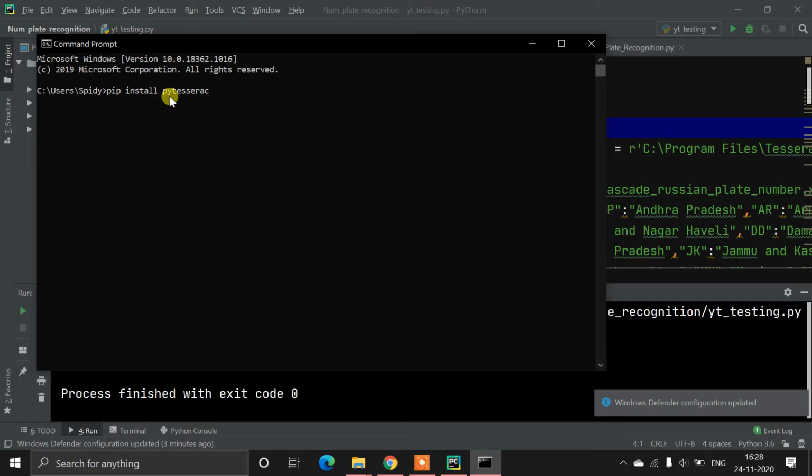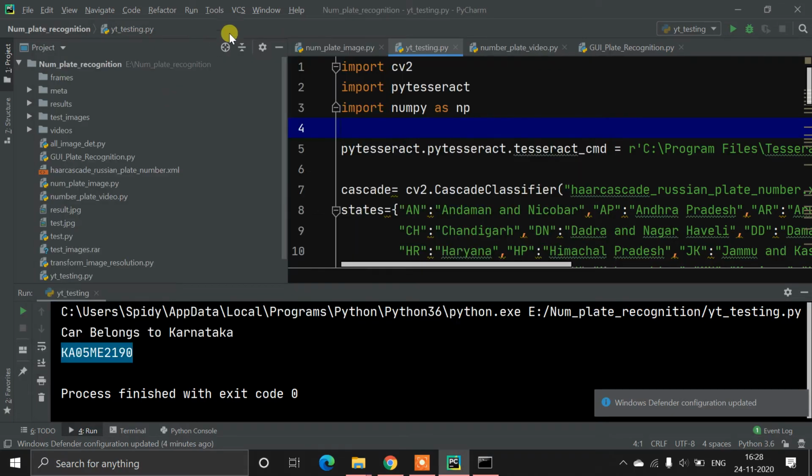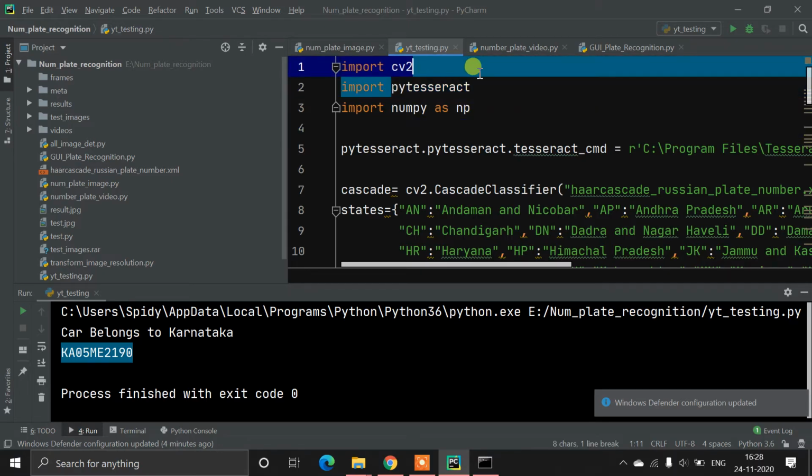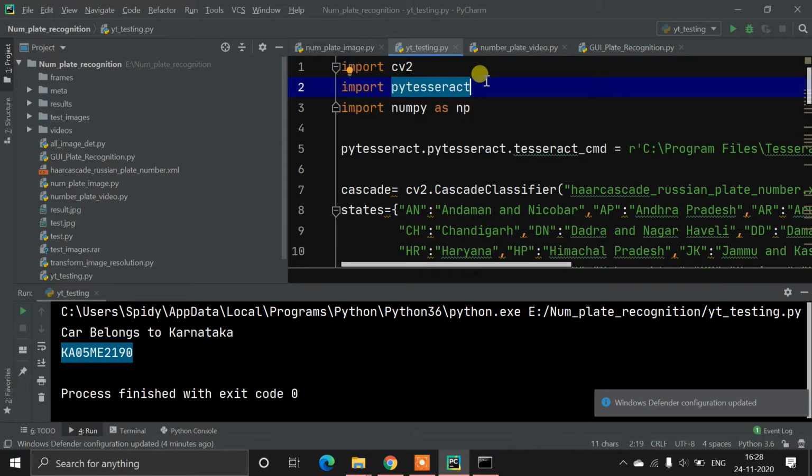After these three library installations, we are using an OCR engine. OCR means optical character recognition, a technology which is useful to find the text in any image. This is the most popular technology of this century. So you need to have some knowledge about OCR. We are using the pytesseract engine for number plate recognition.